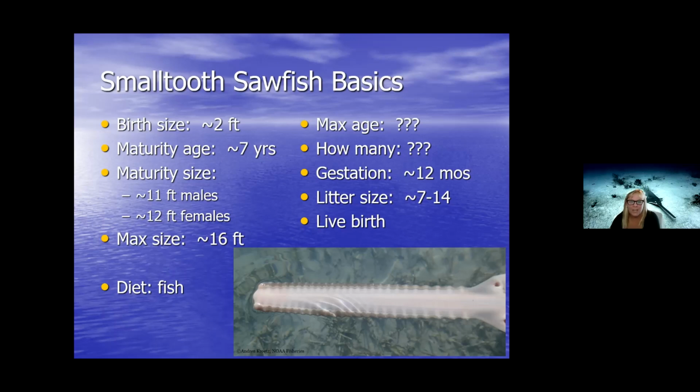But what's interesting is that during development, when these 7 to 14 embryos are developing in mom and during birth, the saw, you can see it here, these teeth are encapsulated in what we call a sheath. It's like this thick gelatinous substance that covers these teeth on the rostrum. So that protects the babies from each other and protects mom while she's got these babies in her, and protects mom during birth so that she's not shredded by these teeth during birth. That sheath will actually dissolve off in a few days, and the sawfish can then go about using their saw